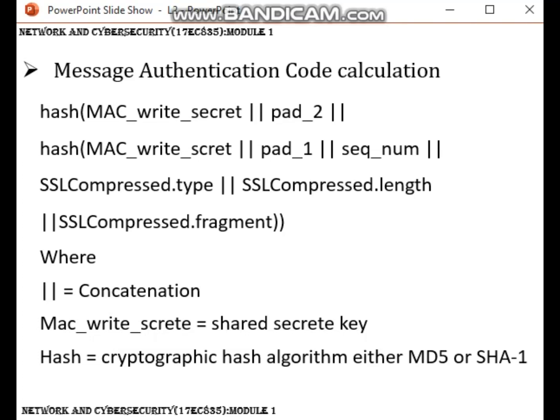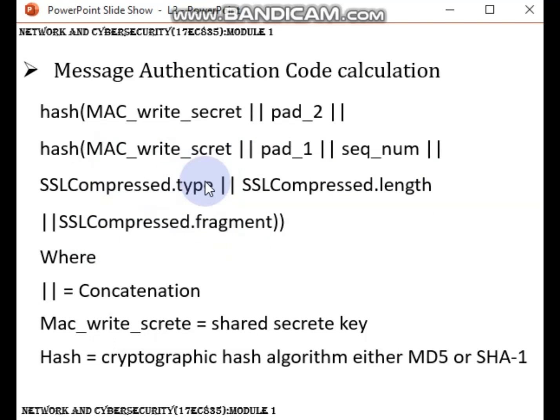The calculation is defined as follows: hash(MAC_write_secret || pad_2 || hash(MAC_write_secret || pad_1 || sequence number || SSL compressed type || SSL compressed length || SSL compressed fragment)).